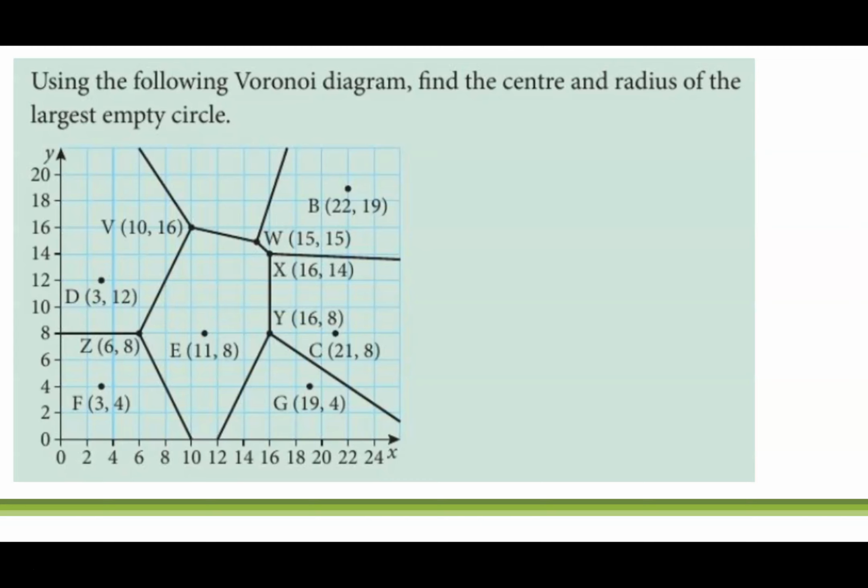Use the Voronoi diagram to find the center and radius of the largest empty circle. So I'm going to take a look here, and I notice that the distance from V, and that's a potential spot, looks quite far relatively to these. Obviously they're going to be exactly the same distance, and if I were to go to any